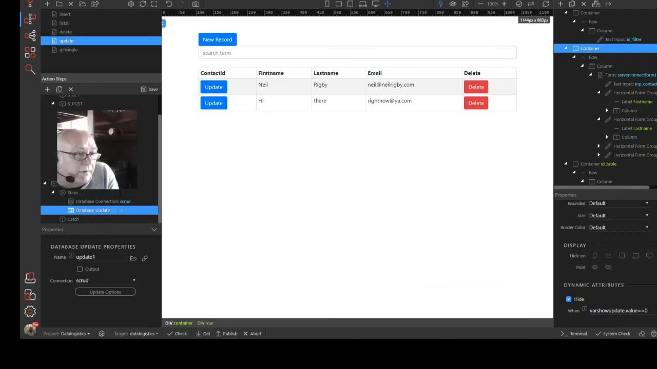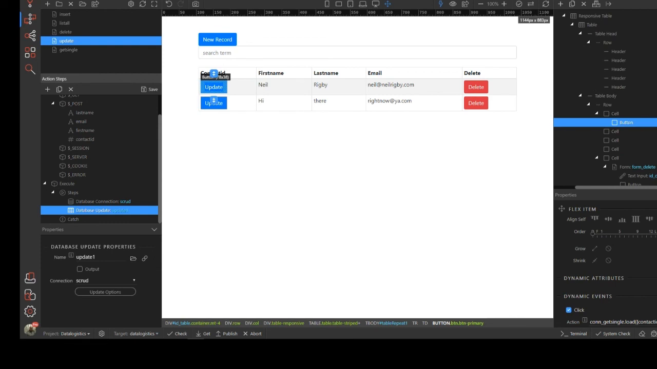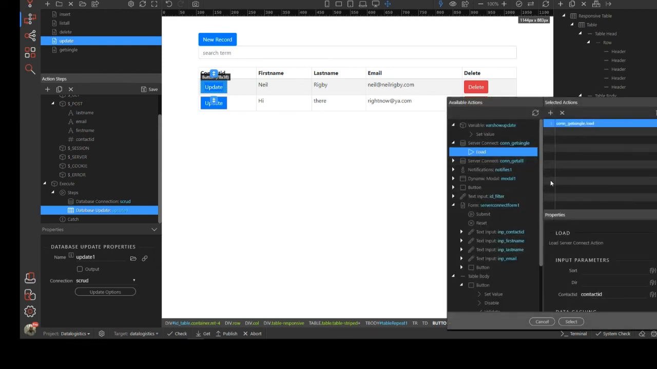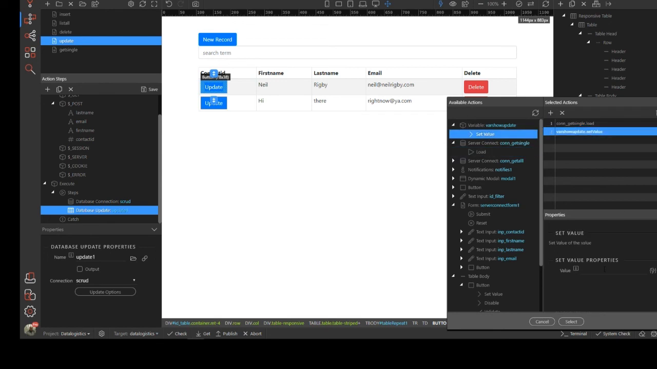So you will not see that form at this particular stage, but we need it to appear when we click on the update. So if we actually go to that update button and back into its actions, we can say when that button is clicked, set the value of that to 1. So it's not 0, so that should make that form